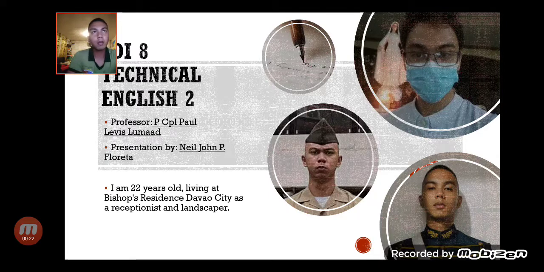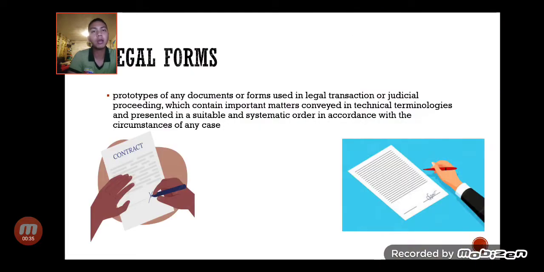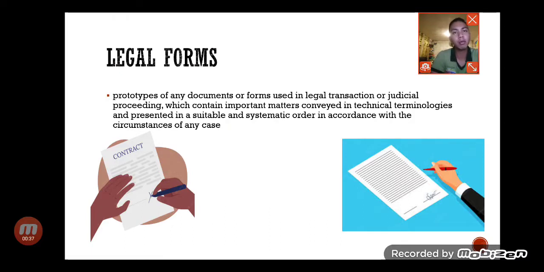So before we start with my discussion in Technical English 2, let us first define what the subject matter is all about. So CDI2 or Technical English 2 is all about legal forms. So legal forms are prototypes of any document or forms used in legal transactions or judicial proceedings which contain important matters conveyed in technical terminologies and presented in a suitable and systematic order in accordance with the circumstances of any